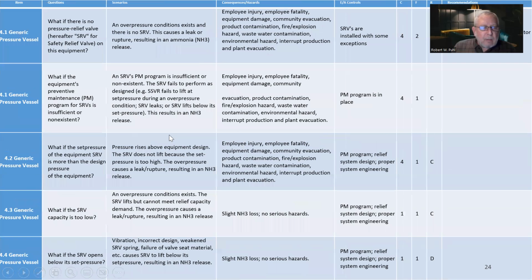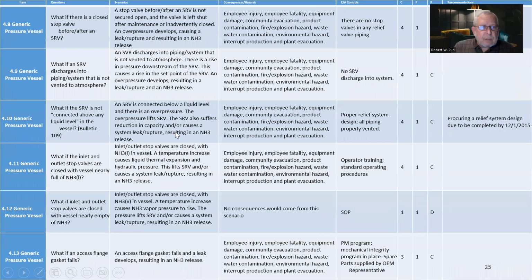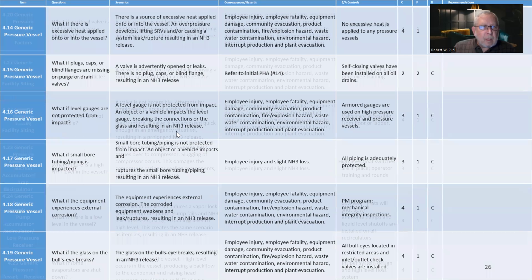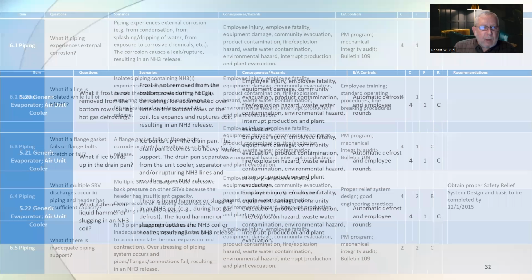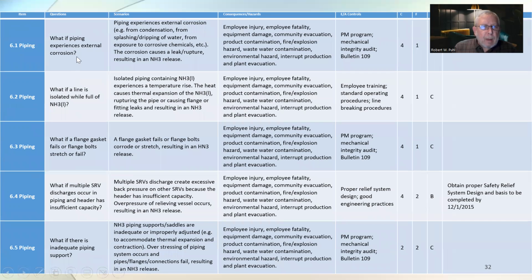So then it gets down to generic pressure vessels, generic evaporators, piping. What if piping experiences external corrosion? In other words, starts rusting. That's a problem. Well, here you have a PM, preventive maintenance program, mechanical integrity audit, bullet 109. Bullet 109 says,